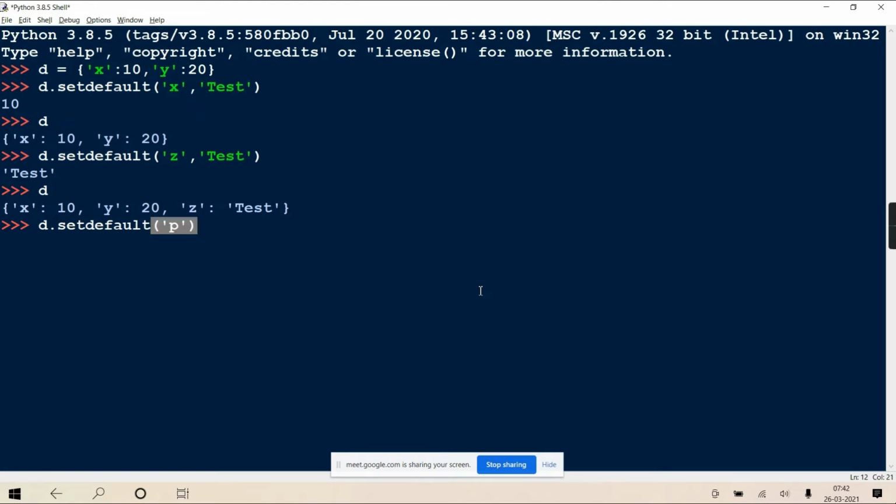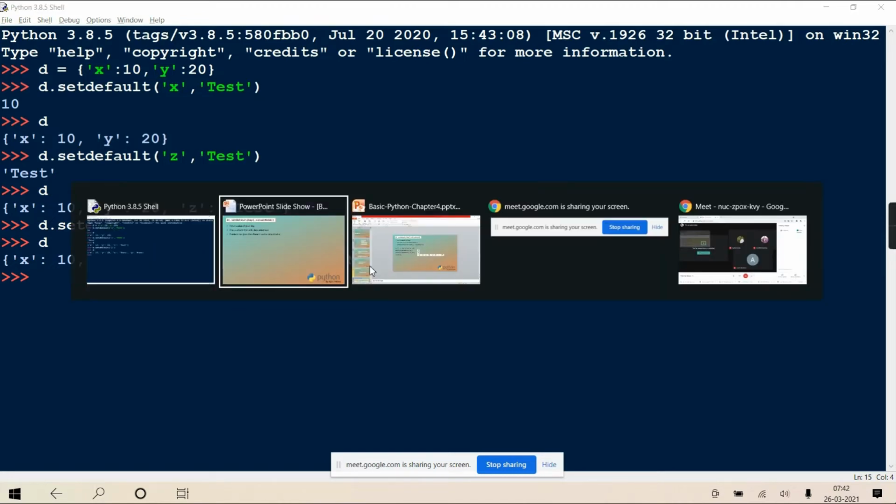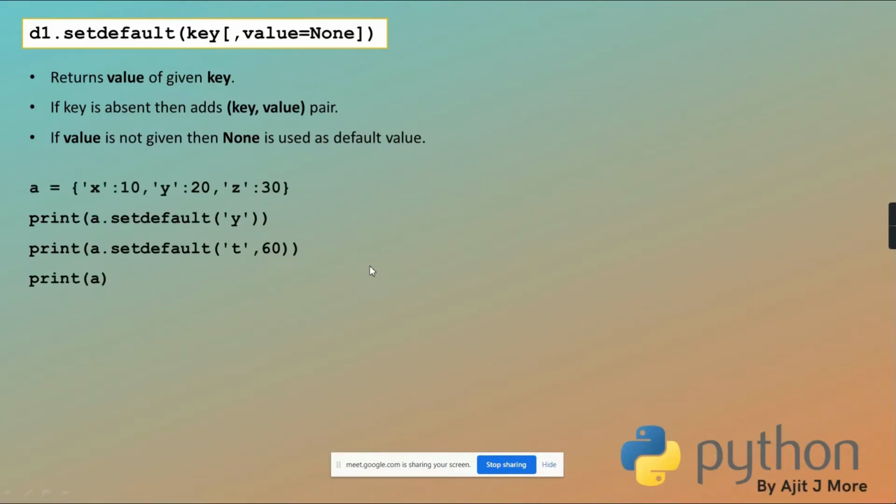Key you have given, but not the default value, so it will take None. Now p is absent in your dictionary, so it will add it, but the value is None. You can check dictionary d. See, p is added with value None. I hope you got it. Very simple behavior.